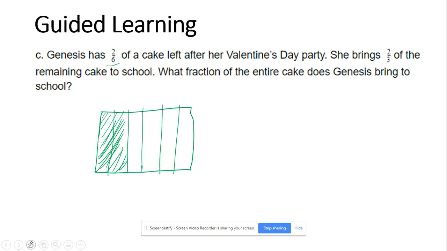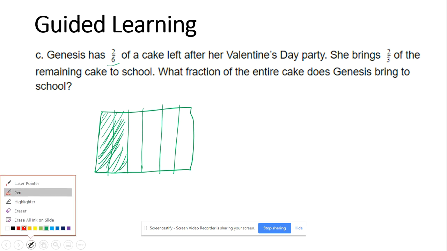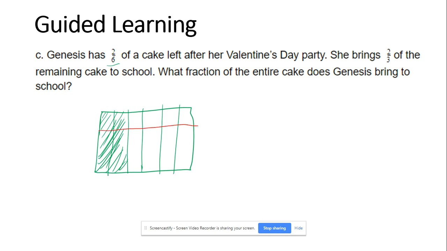All right, she's bringing 2/3 of the remaining cake to school. So we're going to break this into 3 parts because our denominator is 3. We're going to say bring this to school, keep it home. So we're going to shade the 2 out of 3 parts that she's bringing to school to see what fraction of the entire pan of cake she's going to bring to school. So we're looking to see which parts are both shaded in green and in red. We can see that's right here, which is 4 parts out of